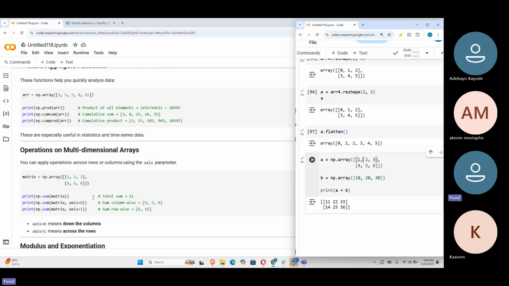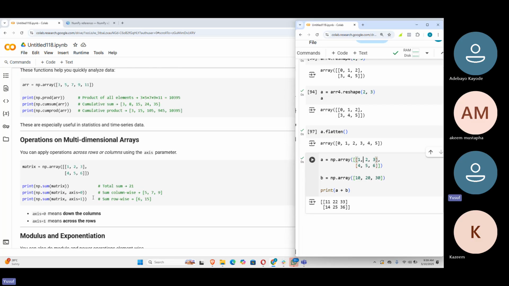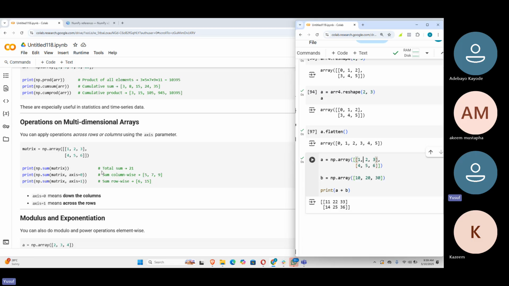These are mostly used when dealing with time series data. Okay, we have operations on multi-dimensional arrays. That is when we have multi-dimensional arrays. It is still almost the same thing we've been discussing since morning, whereby I